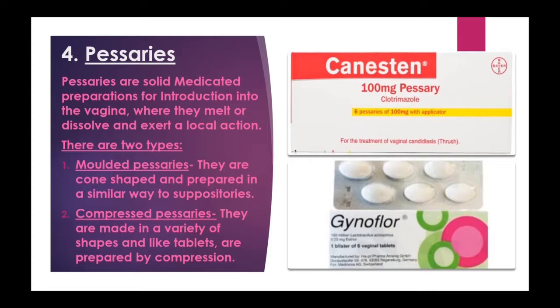Friends, pessaries are used to support the uterus, vagina, bladder or rectum. Also used in the treatment of pelvic organ prolapse. A pessary is most commonly used to treat prolapse of the uterus. Friends, now you all will ask what is prolapse. Prolapse is a condition in which organs fall down or slip out of place. Slip out of place means the organs slip from their normal place to some other place.